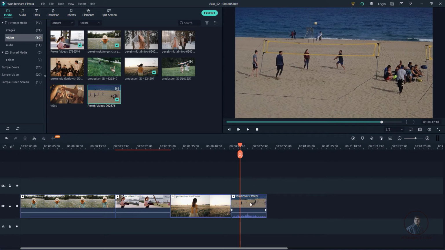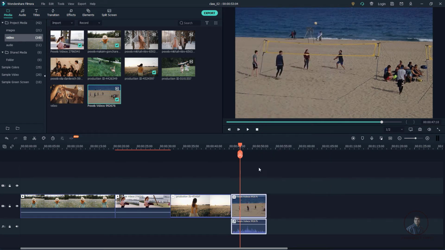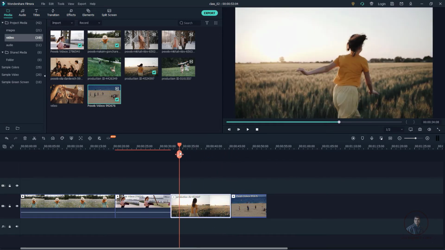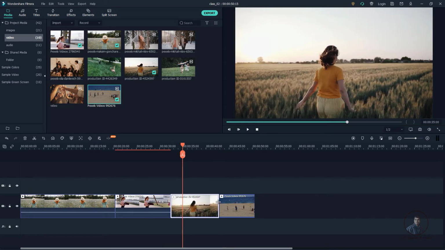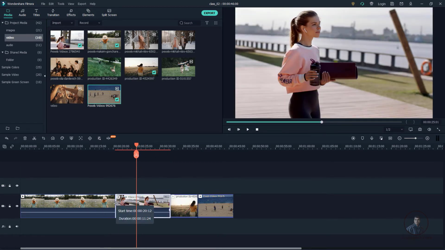So suppose if you want to separate audio and video, then simply right click, and from here you can detach audio. Just click on detach audio, so it will separate your video and audio independently. Then if you want, you can use this audio, otherwise you can simply select and delete this audio. Then same as a picture, if you want to trim your media a little bit, means suppose before this you don't want it, then simply click and select, and from here you can trim your media like this. Even after also. So whatever you can do with your picture, you can do with video also.